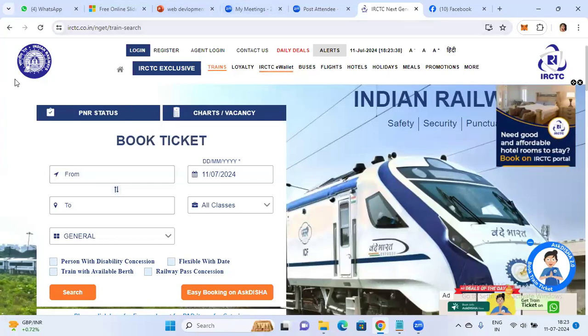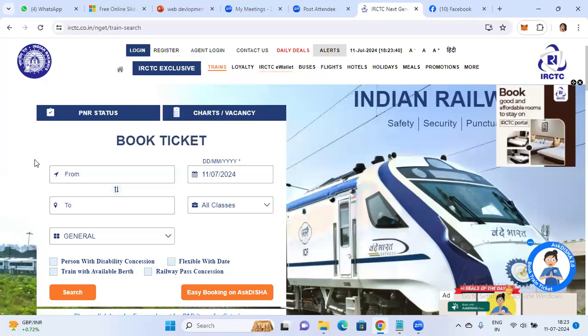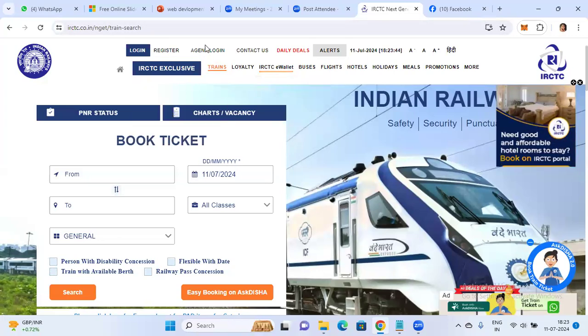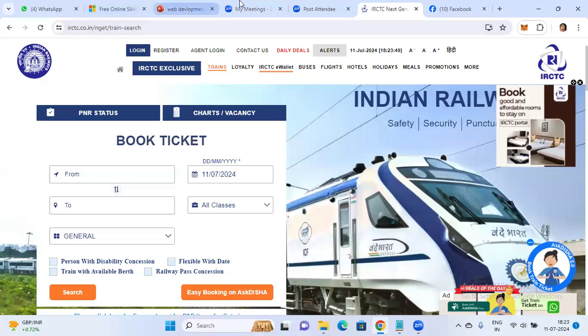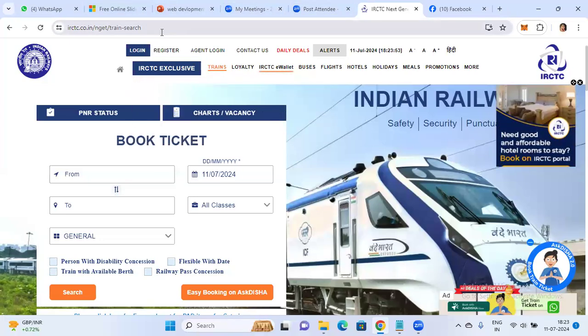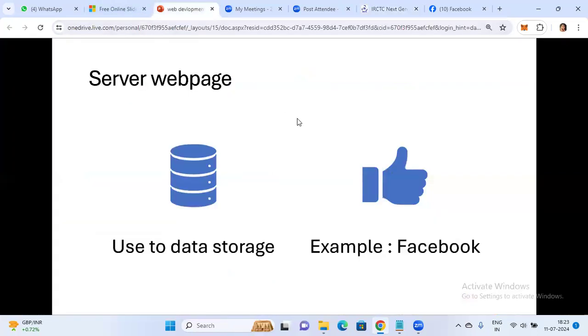That's why it is static. When you want to change anything, it is really very tough, because if you change one item, the complete website needs to be changed. So that is the importance of static. Only government websites are static. If you check, static websites are mostly government websites.